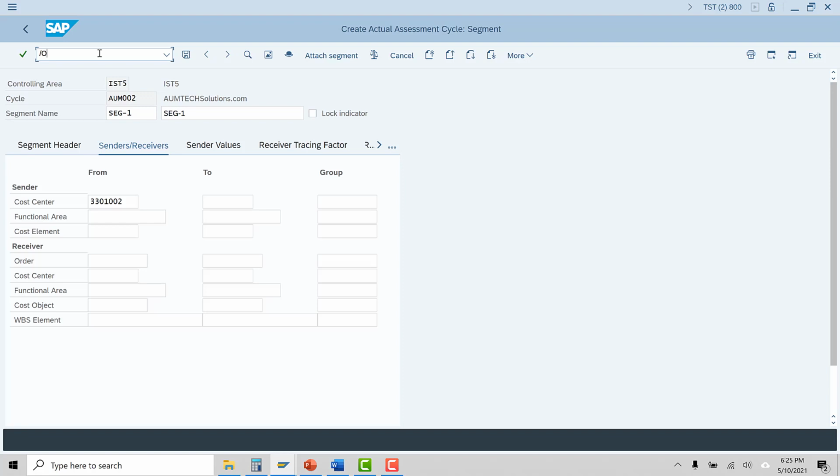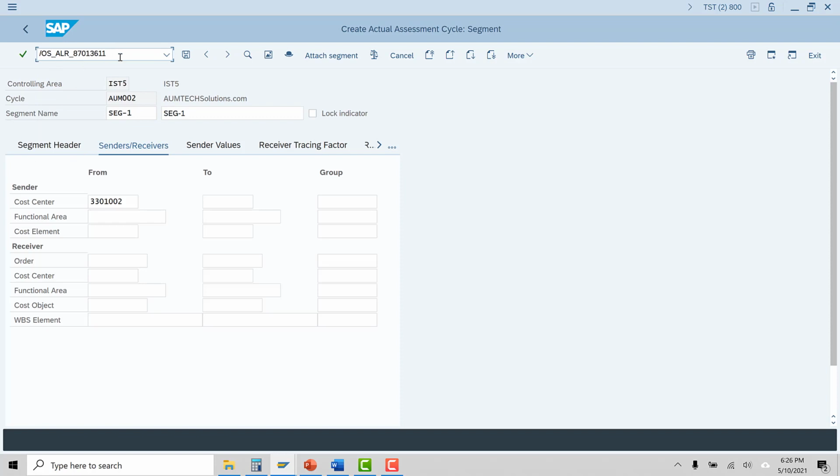The transaction code is S_ALR_87013611. It's taking time.